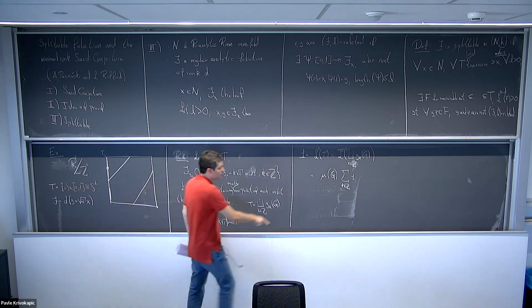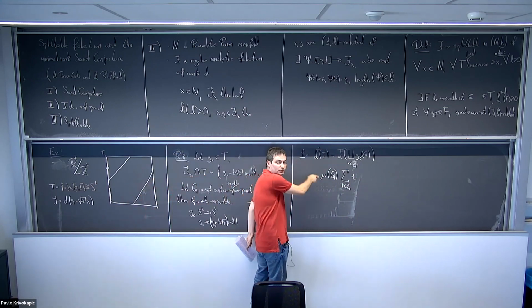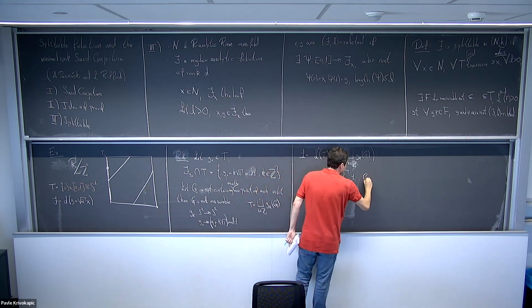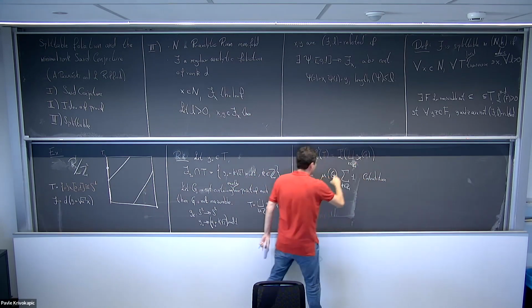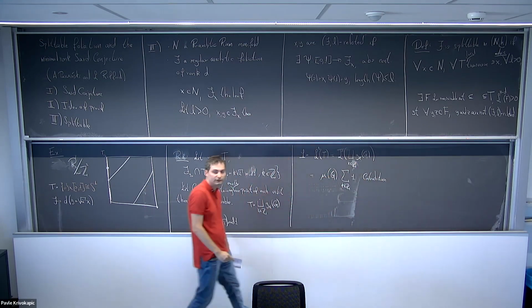And here you're going to get a contradiction anyway. If the measure of G is 0, the sum is going to be equal to 0, but it should be 1. And if it's positive, you're going to get infinity. So it's not going to be 1. So contradiction. The contradiction is with the fact that we were able to write the measure of G here. Right? There's no Lebesgue measure there.